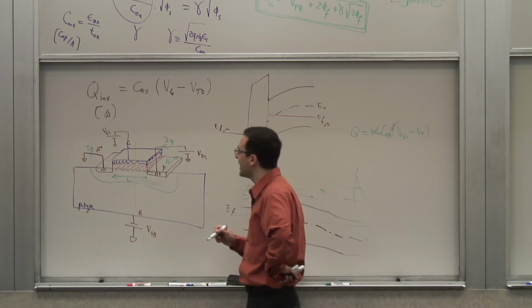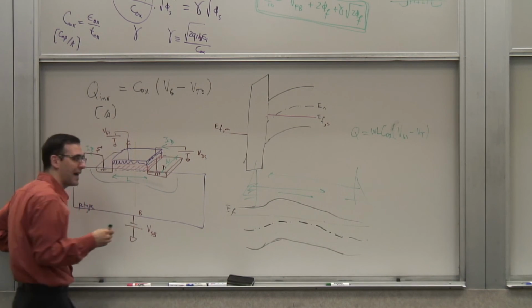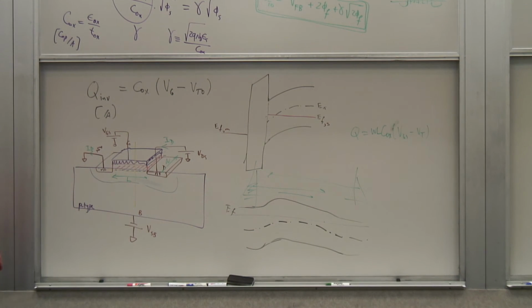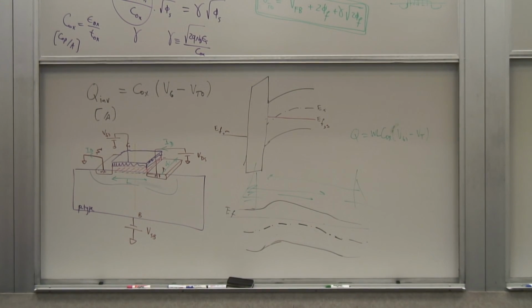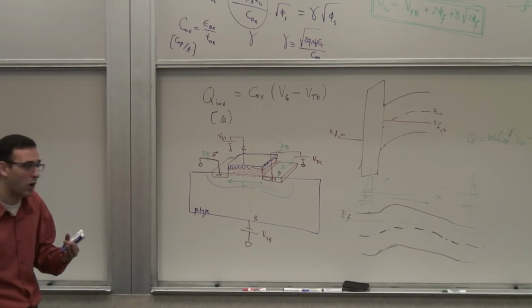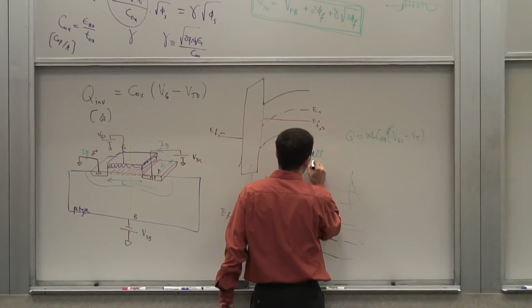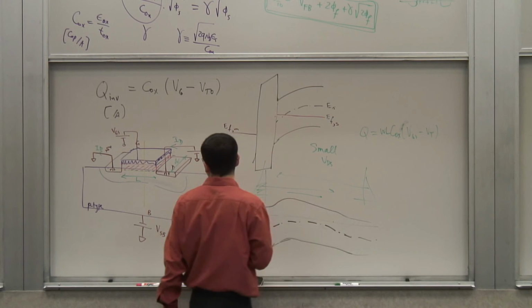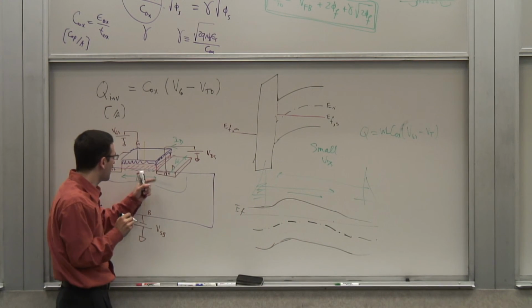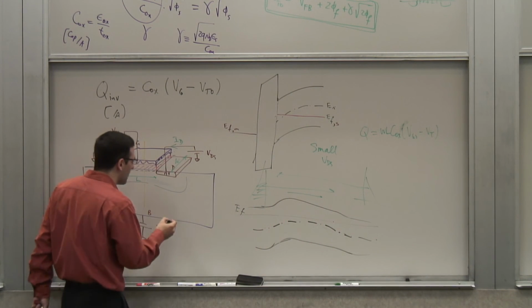Now, how long does it take for electrons to go from here to there on the average? Well, what kind of transfer mechanism do I have? It's a drift, right? I'm applying an electric field. Let's say VDS is small, so I'm talking about small VDS. If VDS is small, there will be electrons moving from here to there through drift. So what I know about the drift velocity,